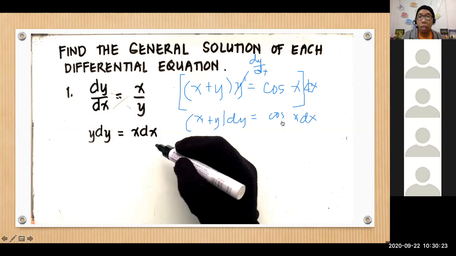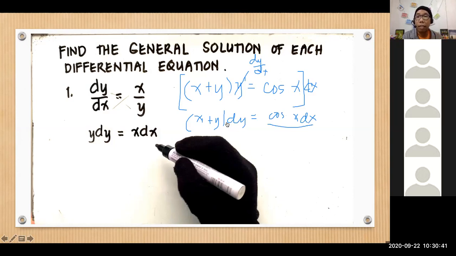Kung pansinin niyo, di ba, itong sa side na to, pure function of x siya. Although pure function of x siya, hindi mo pwedeng, sige, pure function of x na siya, sir, so pwede ko nang i-integrate. Hindi pwede kasi yung dy mo naman na side, kailangan wala kang makita dyan na